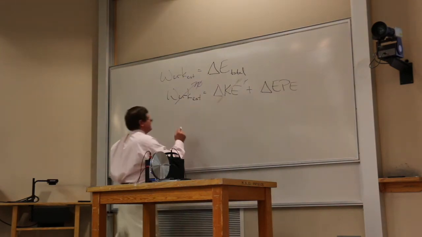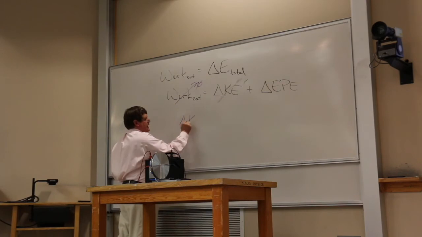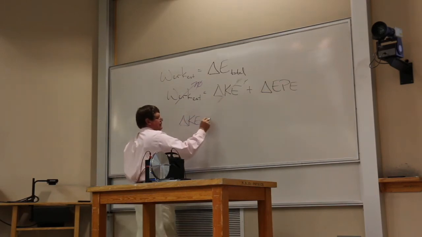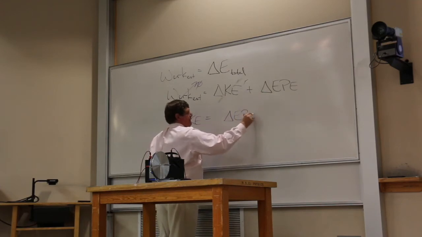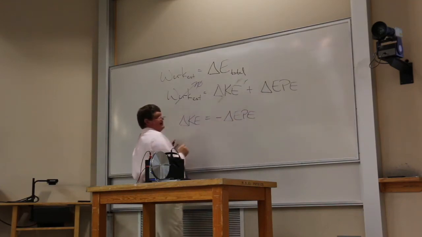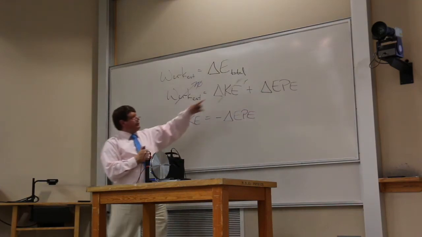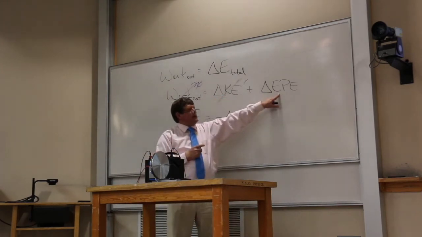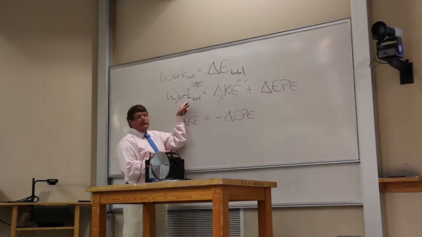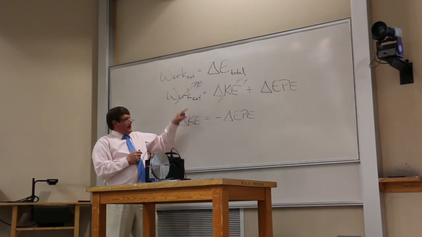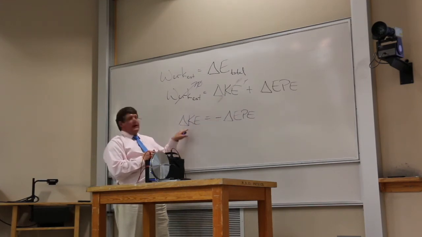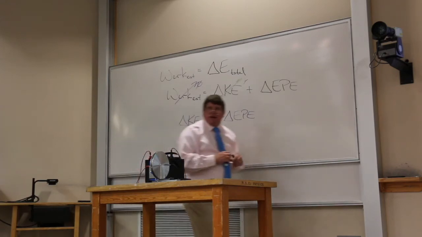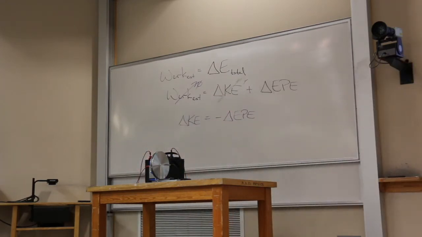Okay, I can rewrite this as the change in kinetic energy is equal to the change, in this case, electric potential energy, but I've got to have a minus sign there. If this is a plus 6, that has to be a minus 6, so that when I add them together I get 0. And if this is minus 6, and I multiply a minus 6 by a minus, I get a plus 6. That's what that's saying. Now, folks,